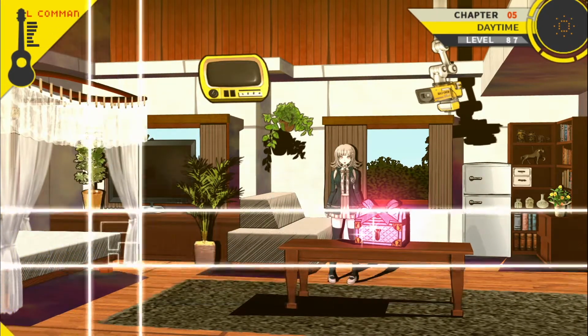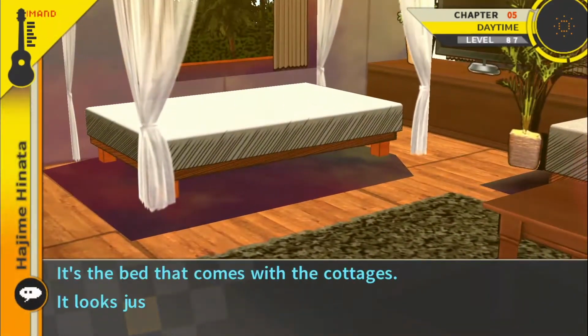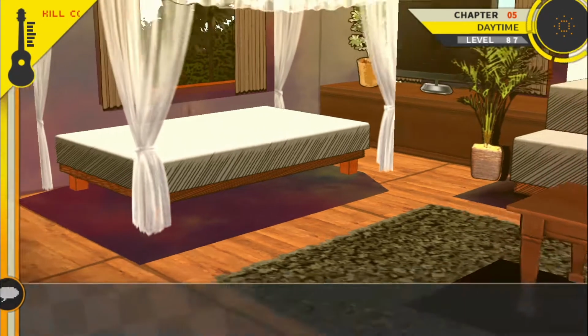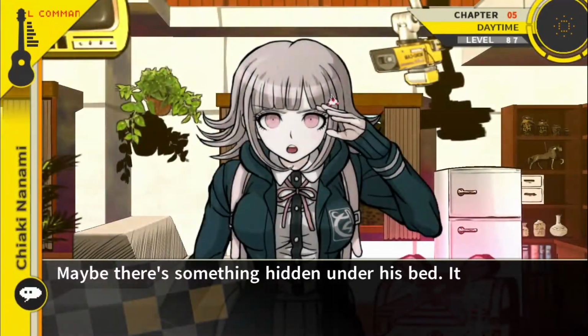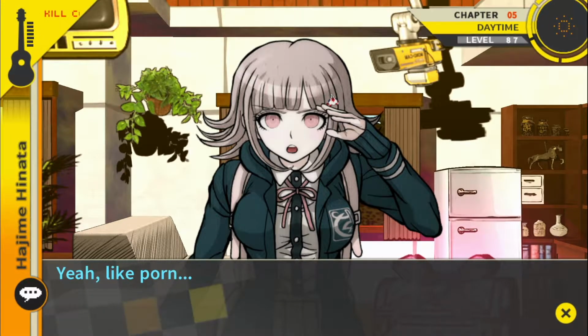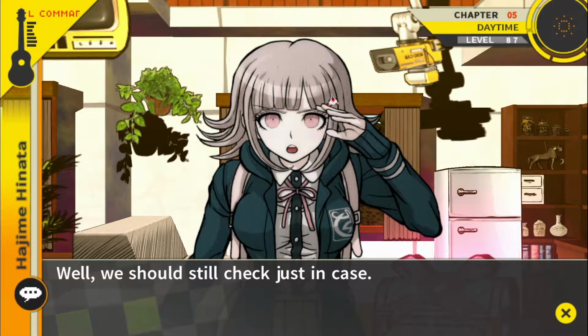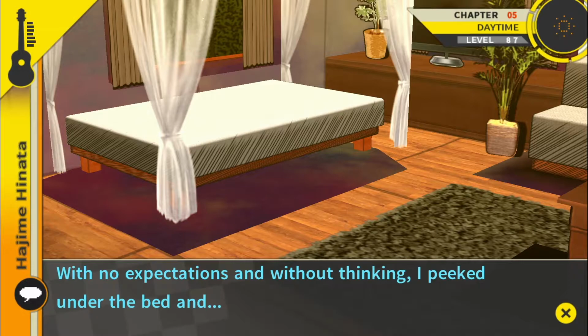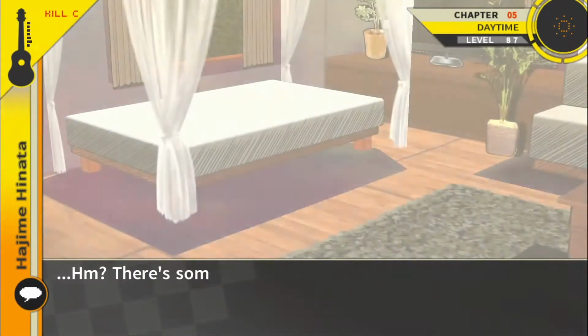Let's check the bed. It's the bed that comes with the cottages. It looks just like the one in my room, but... Hey! Maybe there's something hidden under his bed. It's a usual place for hiding things. Yeah, like porn. Well, we should still check just in case. With no expectations and without thinking, I peeked under the bed and...